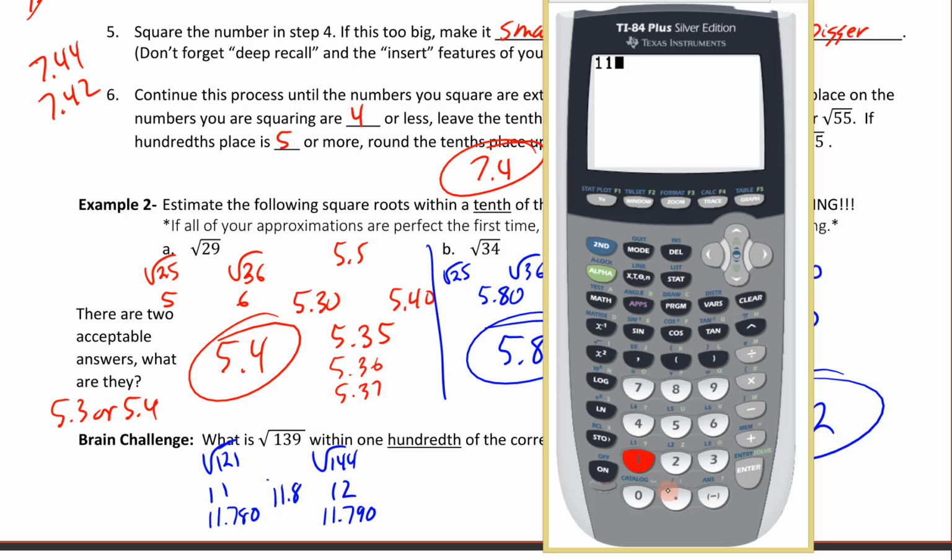So 11.785. And we'll square that. Let's see what we've got here. So this is a little bit too small. So this should tell us we're going to continue making that 5 bigger, which means to the nearest hundredths place. So let's try this one, 11.786, and we'll square that. Okay, getting even closer. So either way, this is going to be a 5 or a 6 or maybe even a 7. We're going to bump that up to a 9. So we're going to bump that up to